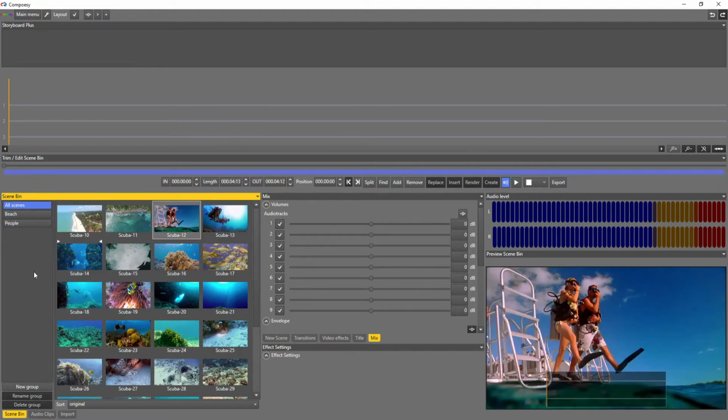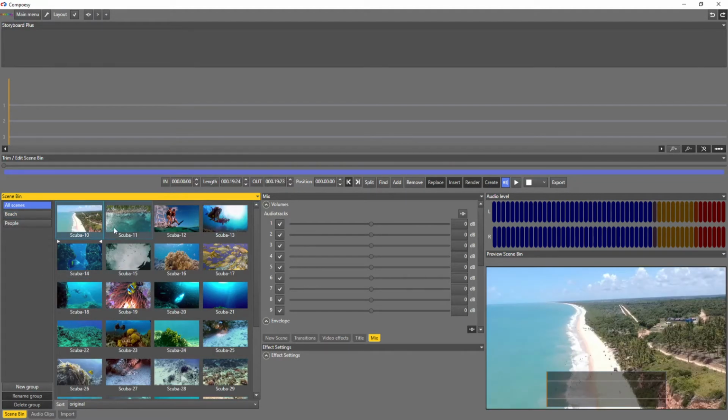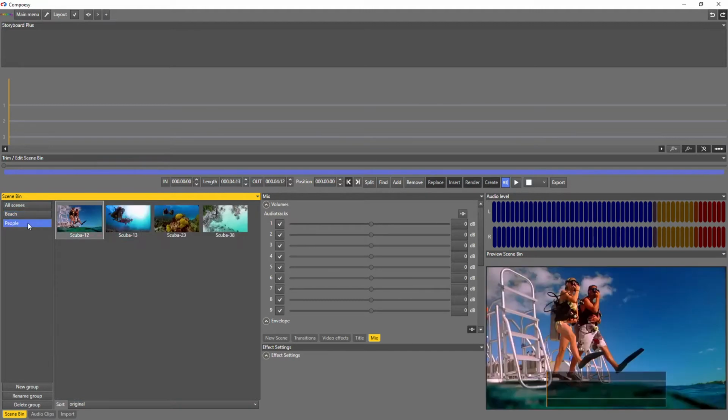Multi-select is also possible, clicking the first scene, holding Shift and clicking the last. So we can drag multiple scenes with one operation. Now we have groups for the beach and groups for scenes with people.